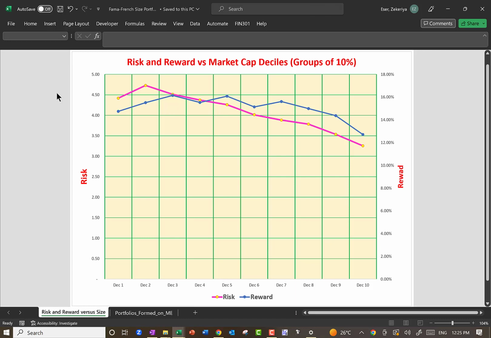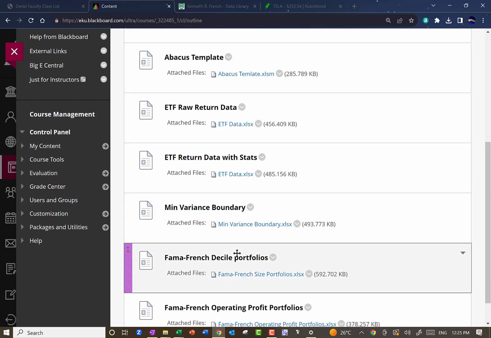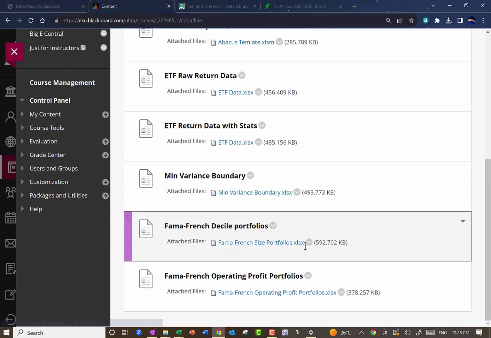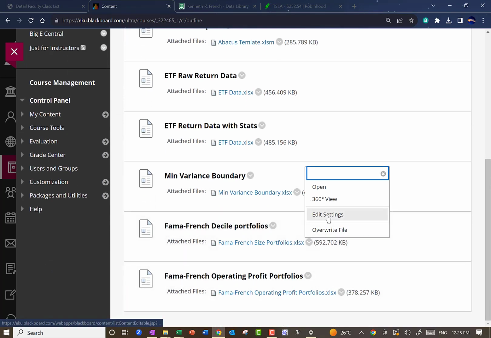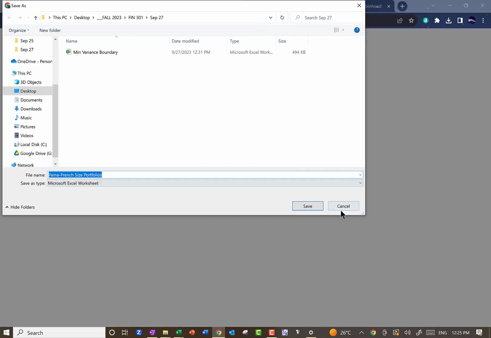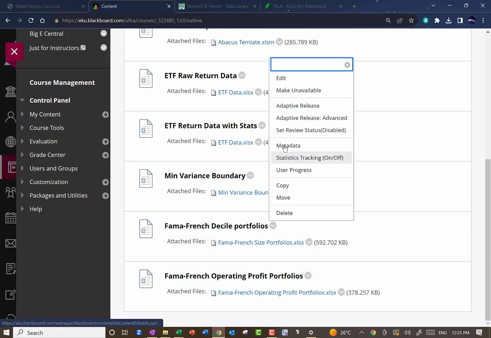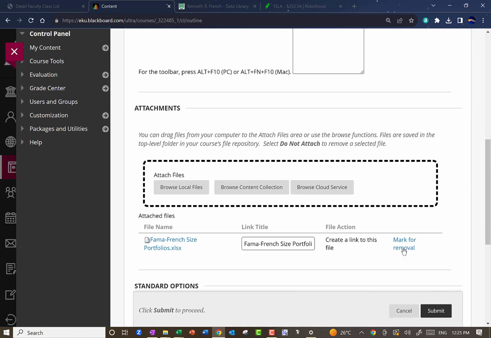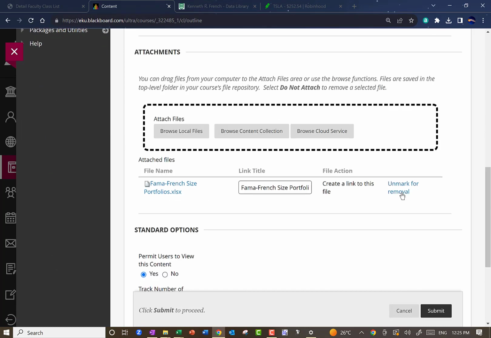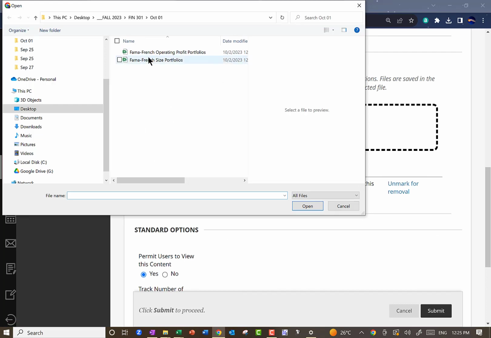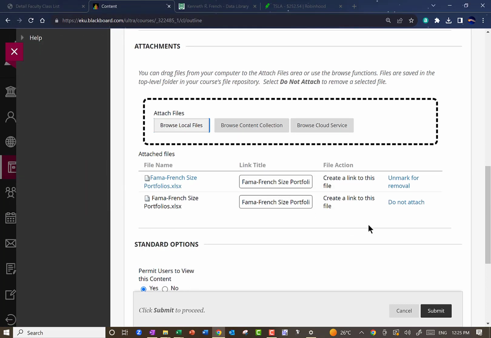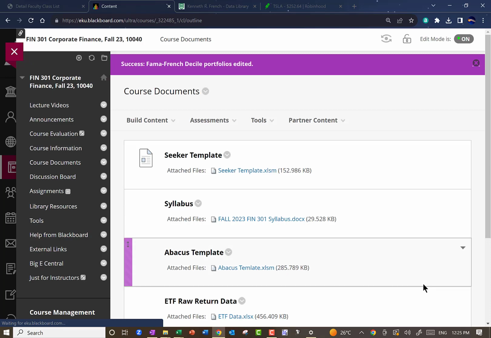And I will post the latest version of that too. Saved version. Oops. I should say edit. Mark for removal and attach. So you have access to both files,